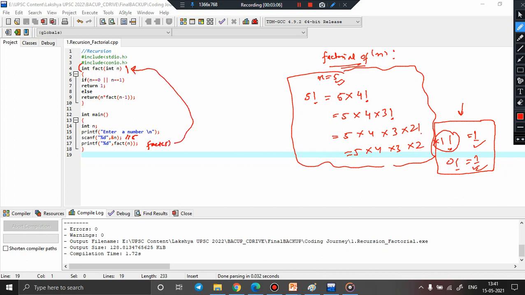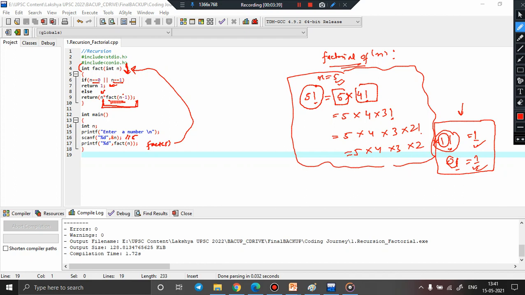So we will enter the function. If n is equal to 0, we will enter the code block. If n is 0 or 1, this is the base condition, isn't it? We defined that if n is 1 or 0, we will return 1. But if n is neither 0 nor 1, then what we will do is divide it into a subproblem. Because we know that 5 factorial can be computed as 5 into 4 factorial, right? So the number 5, n here, into the factorial of the number less than it, 4 factorial, here it comes.